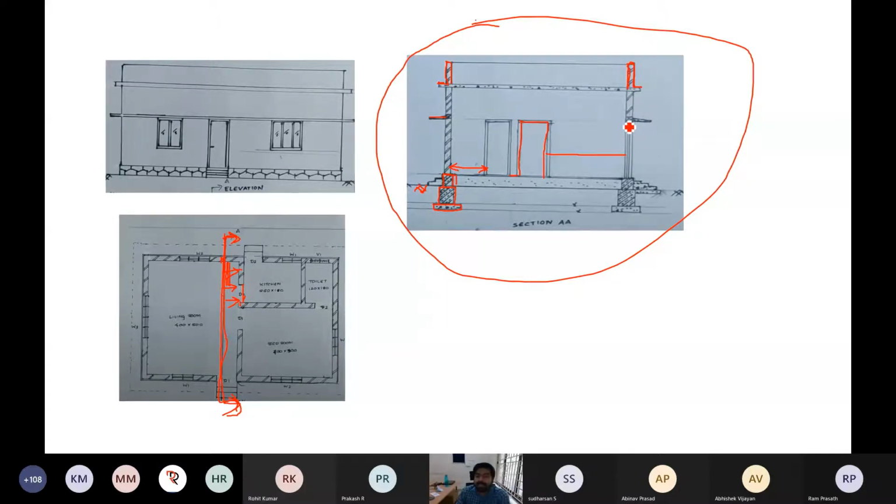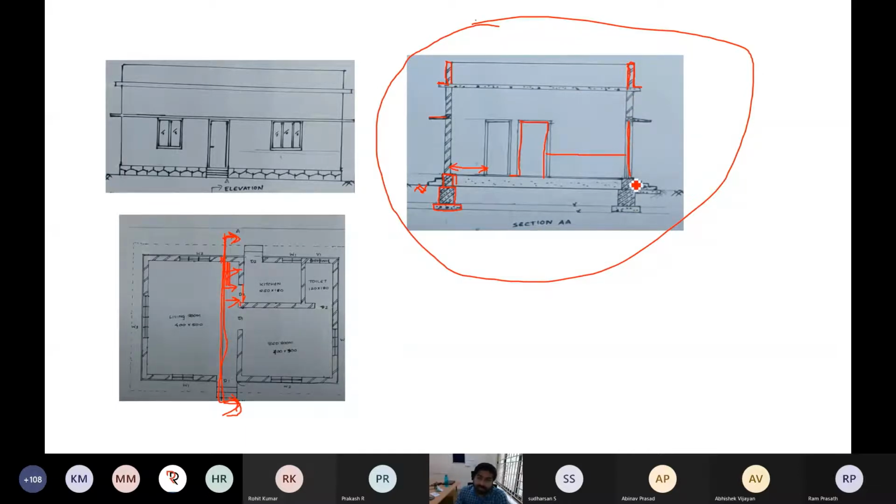What is this actually? Why is it not hatched? Door. Yeah, it is a door. You can see here there is no wall. Wall is there up to sill level. From here up to here, door is there. Above that, wall is coming. So when you draw this section, you have to show the section of the door. You can draw the section of the door this way. Above that the wall structure is coming.